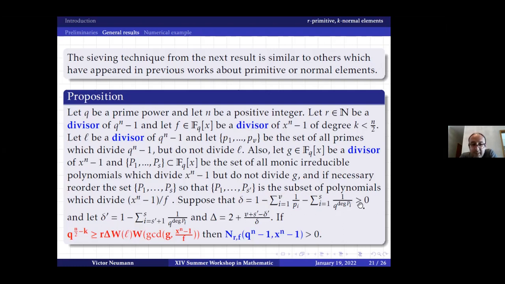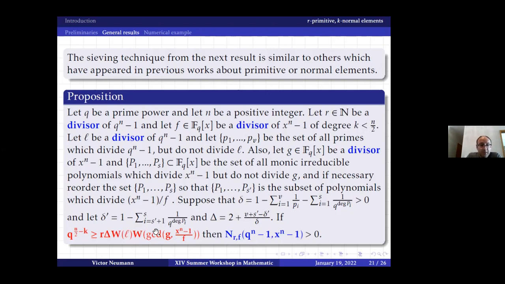If this is greater than 0, we define delta prime equal to this sum over the polynomials which do not divide this. Okay, and we define delta, this sum here. We have delta and a number, delta prime another number, we do the sum, and the condition is here at the end. And if q^(n/2 - k) is greater than r times delta times the number of square free divisors of L times the number of square free divisors of this polynomial, then this number will be